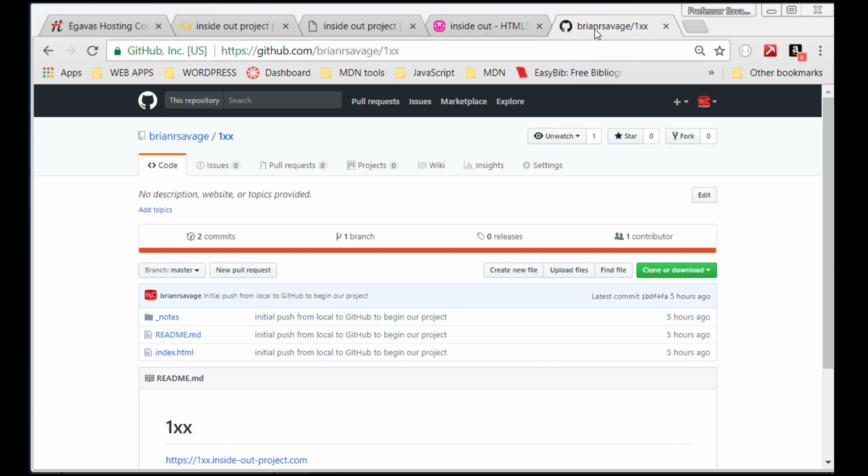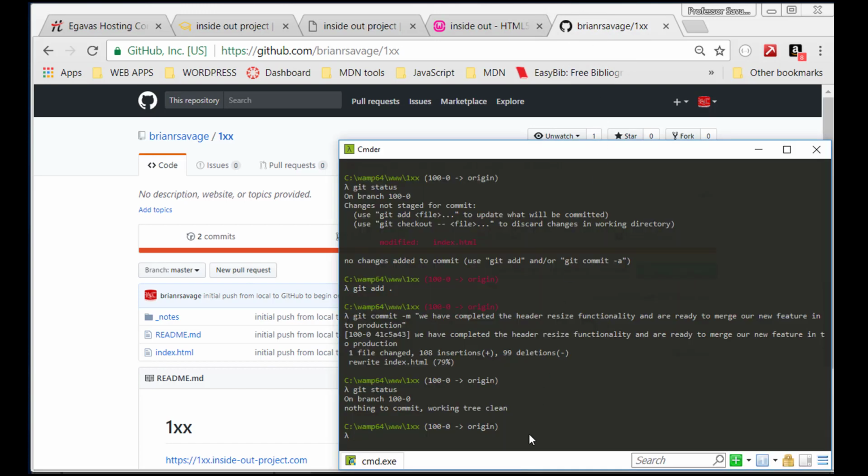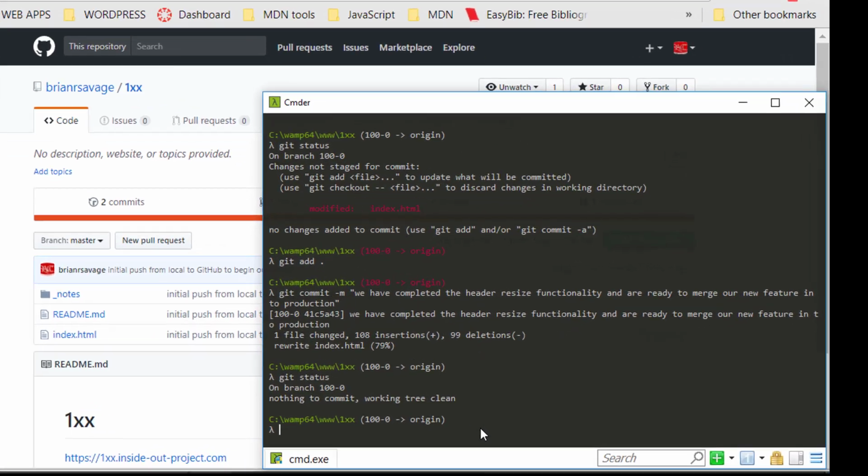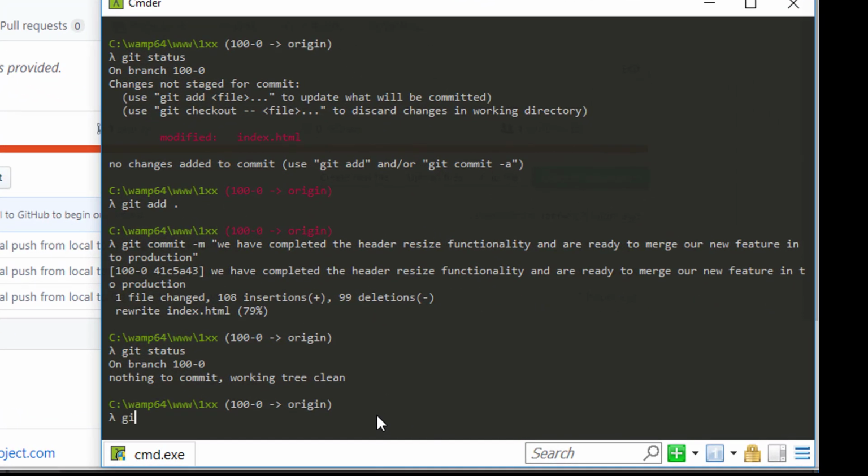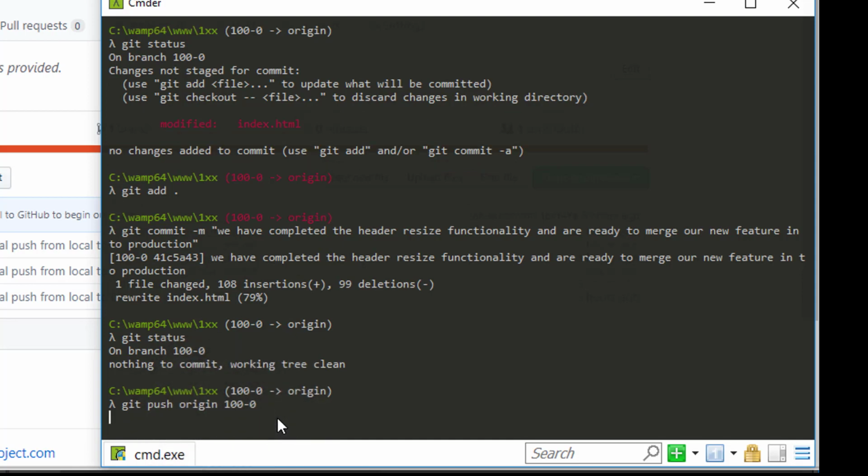So instead of deleting it in normal production, normally you might do a merge and then it gets deleted after a while. But for now, let's just do a git push origin. And what we're pushing is 100-0. And when we do this, it's basically saying, hey, git push the current code inside this branch to GitHub, to whatever origin's pointing to, and in this case it's our GitHub repository. So when I go ahead and I hit enter,